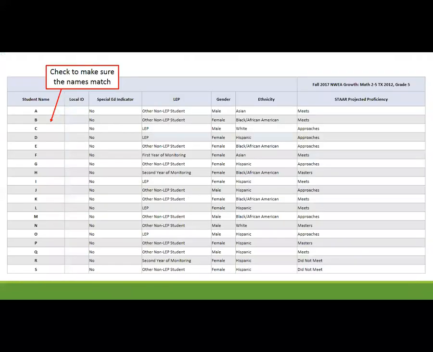Now, one thing we do need to do is check and make sure that the names on this beginning of year MAP list match the names on your STAR goal setting worksheet. It could be that you've added some new students to your classroom. It could be that you have a student who didn't take their beginning of year MAP test. If so, you may need to add a row or delete a row in the student names all the way across. Once you have your student list matching for each data file,